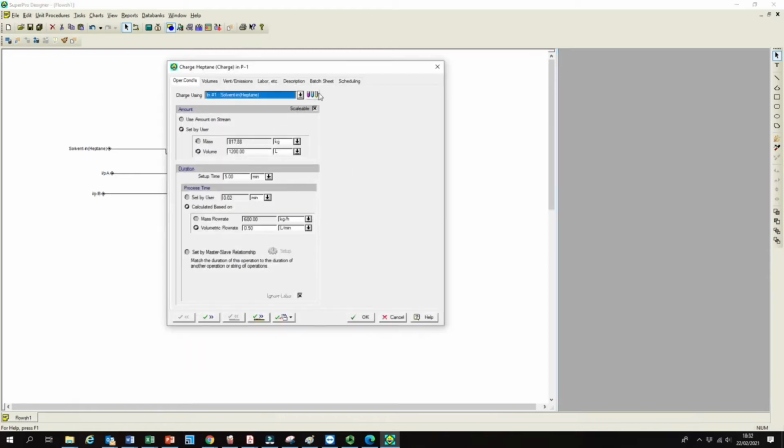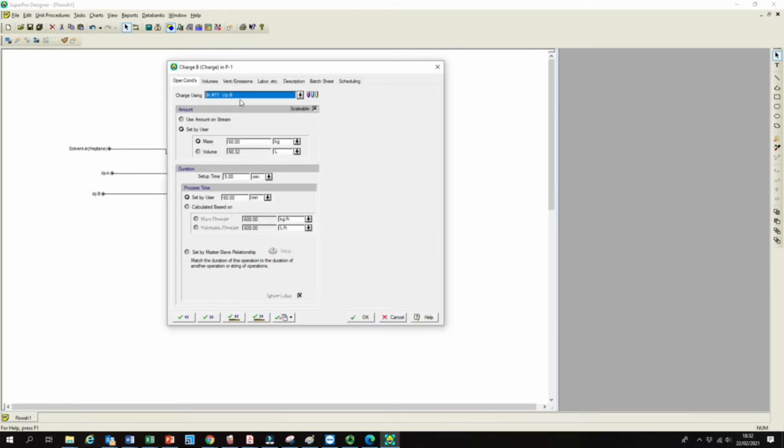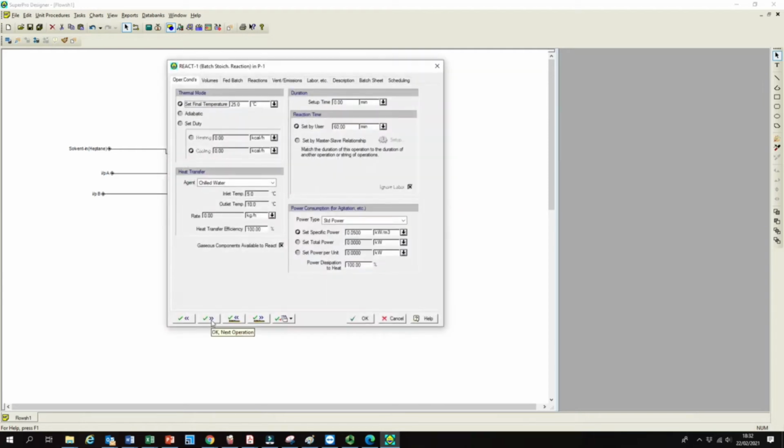We charged already with heptane. We charged already with input A. So if we added the stream, this one will turn into these 3 different colors. And then we already charged with input B in this third stream. And that's the mass of B that we are going to load into the reactor. Press next. So what will be the next